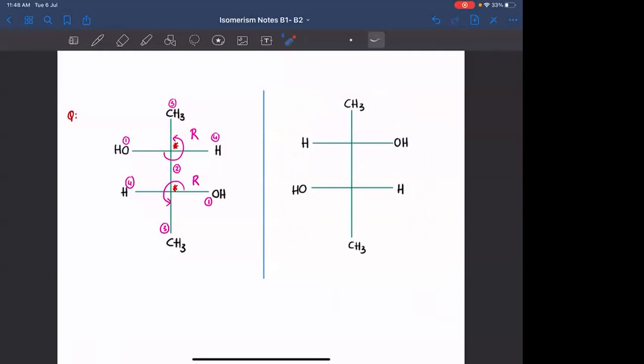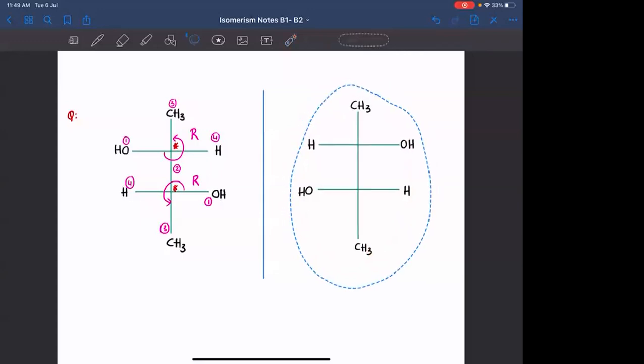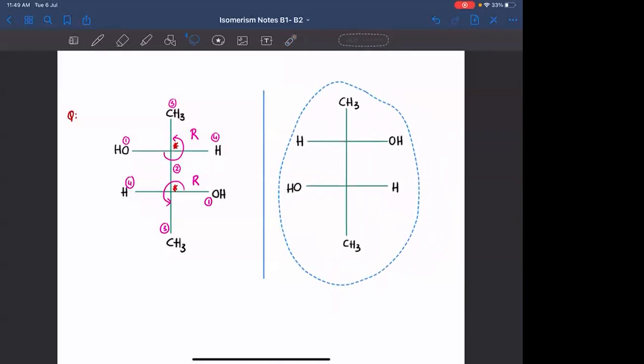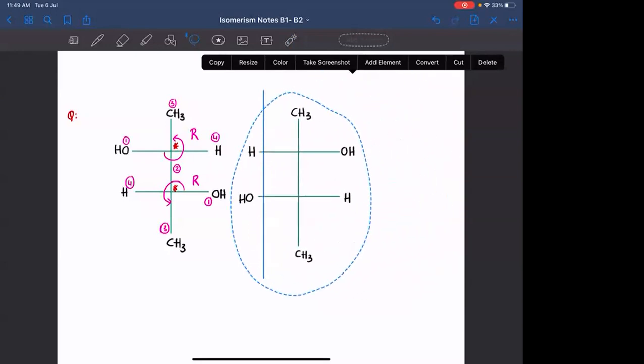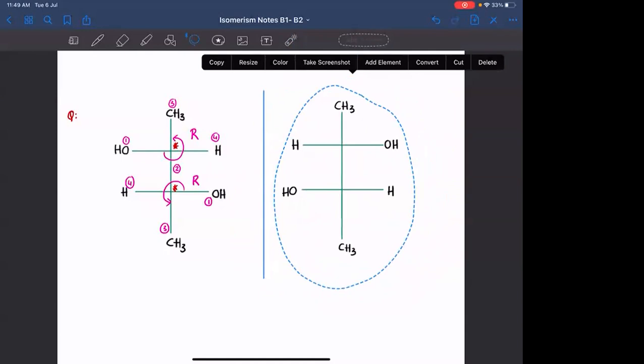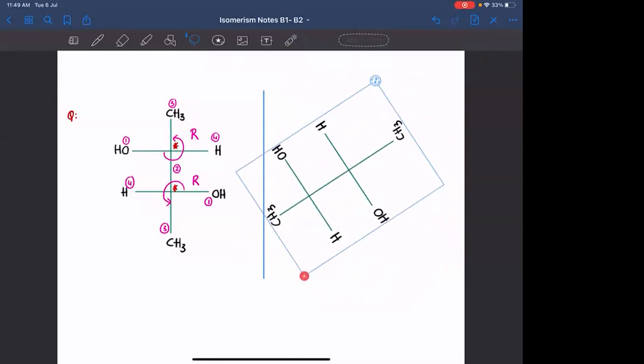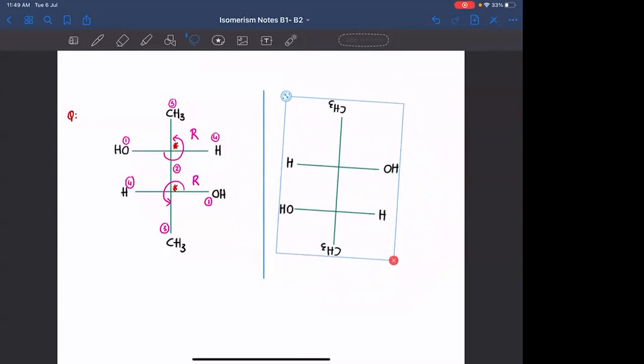Okay, you have freedom to rotate this. मतलब ये जो है ऐसा है ना, you can rotate this, but you should not flip it. Okay, इसको flip मत करना, इसी plane में rotate करके देखो. If you are rotating it by 180 degrees, मतलब क्या होगा? ये ऊपर गया तो what will happen, everyone? If you are rotating this by 180 degrees, okay, I'm unable to rotate this. How can I rotate this? I think I can. If I'm rotating it by 180 degrees, देखो, again you are getting the same molecule.